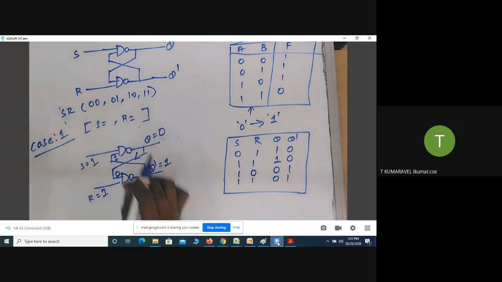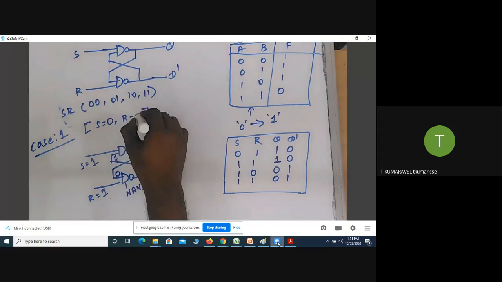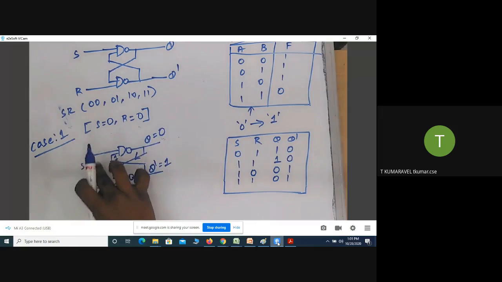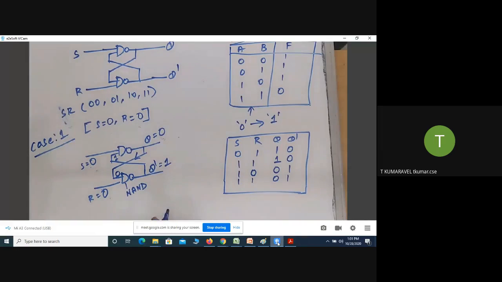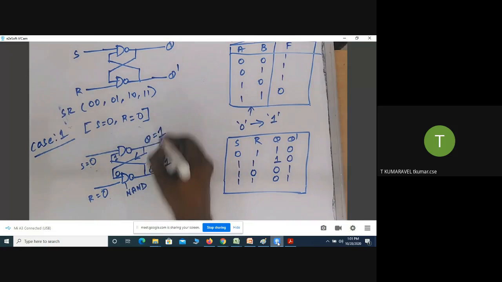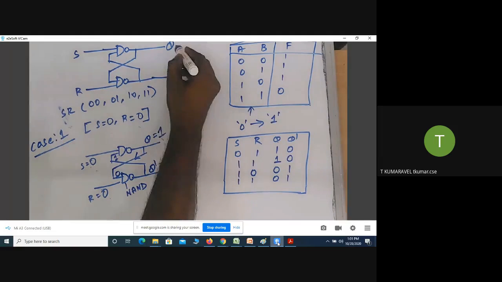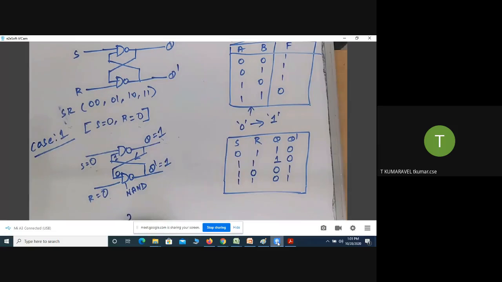I'm taking input as 0 0 0 0. Here 0, here also 0. Okay. So already you know that if any one of the input is 0, definitely the output is 1. Here 1, here 1. It is a counterpart to that SR latch using NAND gate, because one of the outputs, Q and Q bar,